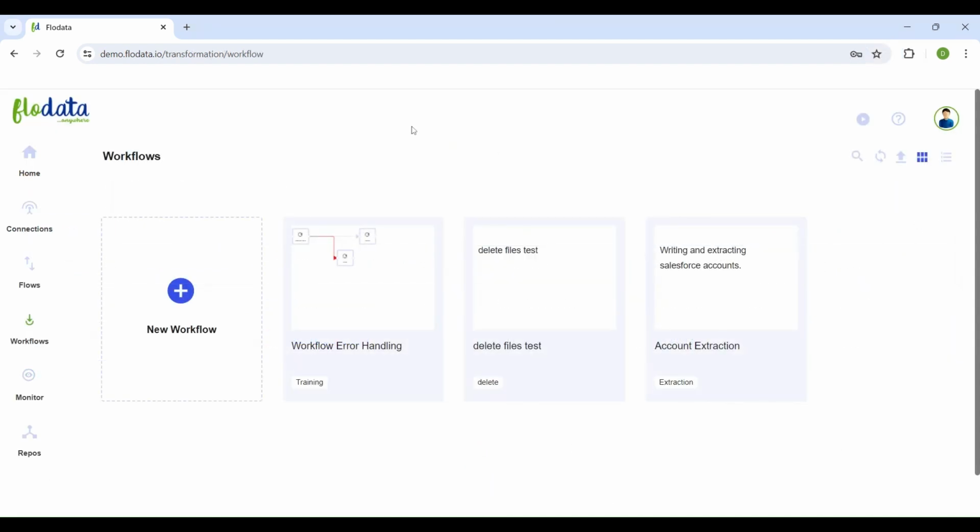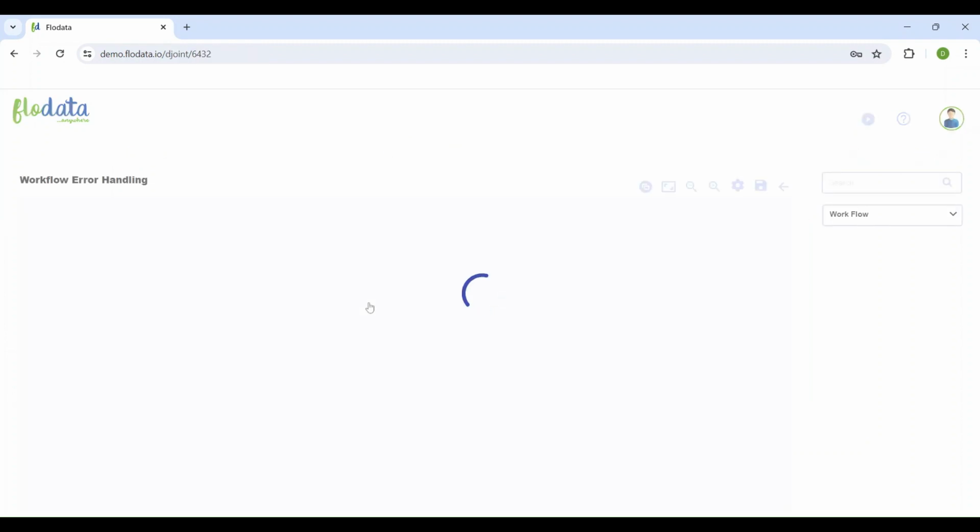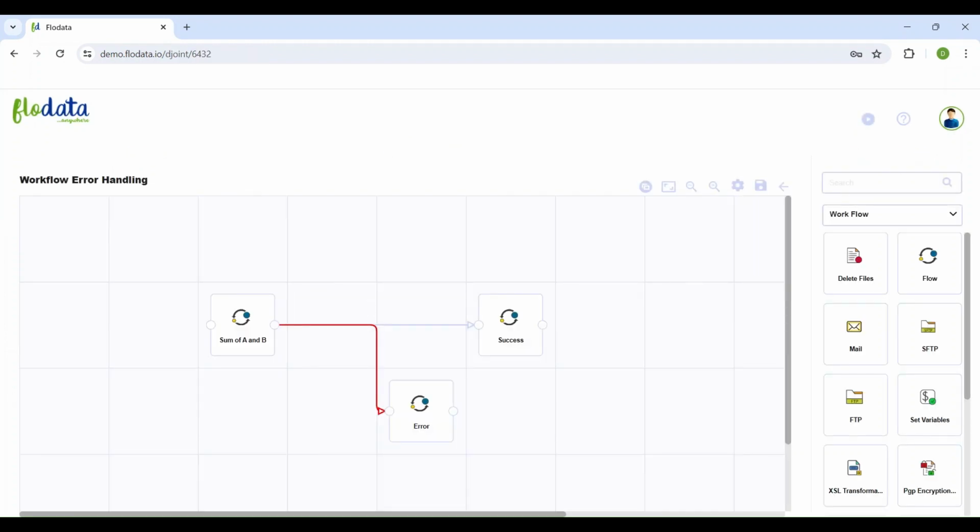Now, let's see what this would look like on a workflow level. Just like before, we have our primary flow, and then we have our two log flows, success and error. Similar to before, if we right-click on this flow, we have error handling, and we also have main output. The success will be our main output, and the error will obviously be the error handling. Opening the main flow,